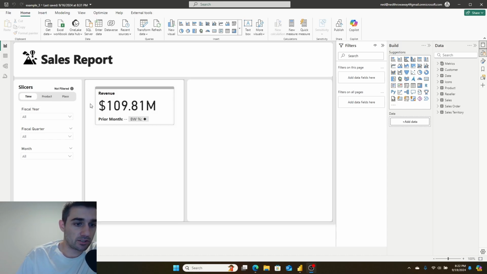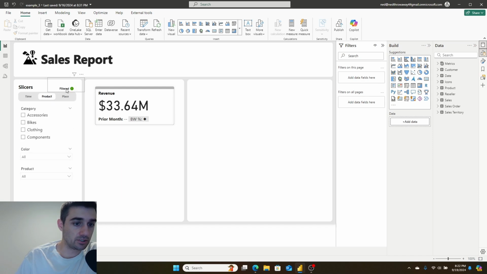Today we're going to be addressing one of the pain points with slicer panels, in particular tab slicer panels, which is when you go through and you apply a filter on this slicer page, for example, and then go to this next slicer page, you cannot see that a filter is applied. So what we're going to do is insert an info tooltip that, when you roll over it,